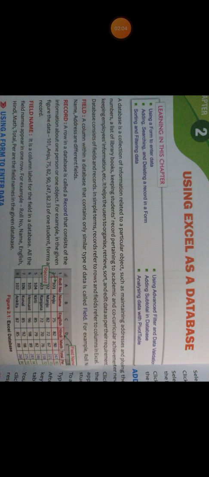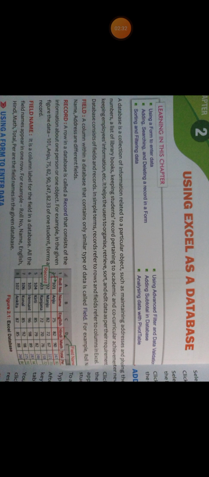etc. Basically, a database consists of the information in the form of a table, and we all are familiar with tables. A table consists of data. What is a table? A table is made of columns and rows. A table is basically the combination of columns and rows. Columns are vertical and rows are horizontal. We all have been using tables in maths or in other subjects also.